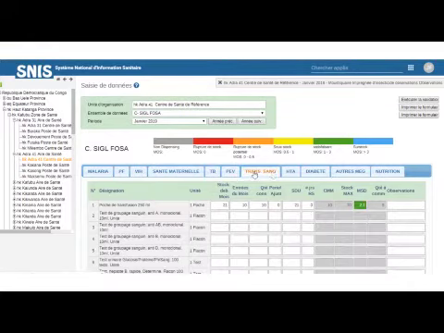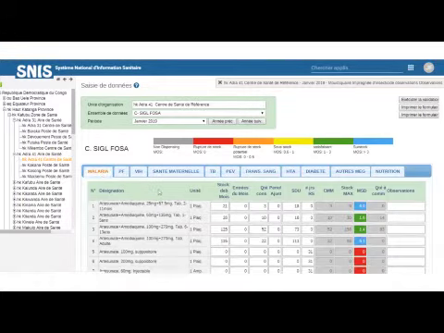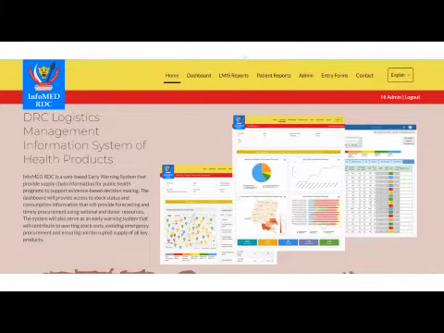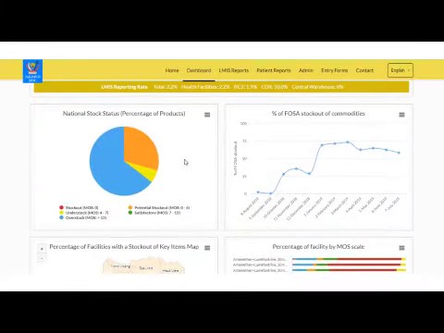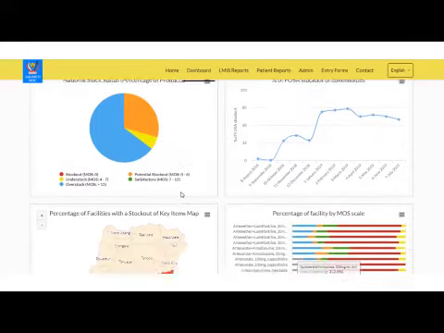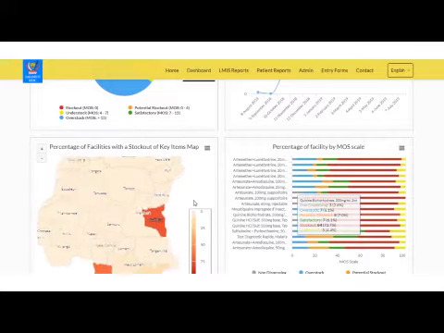Every hour, the data are transferred automatically to the visualization platform, which is InfoMed. The platform has different reports which show logistics parameters in detail. The first report is the global dashboard, which shows, at any month and for a specific program, some major indicators which can help to reduce stockout and even overstock. So these are some of the indicators that are displayed in the dashboard.